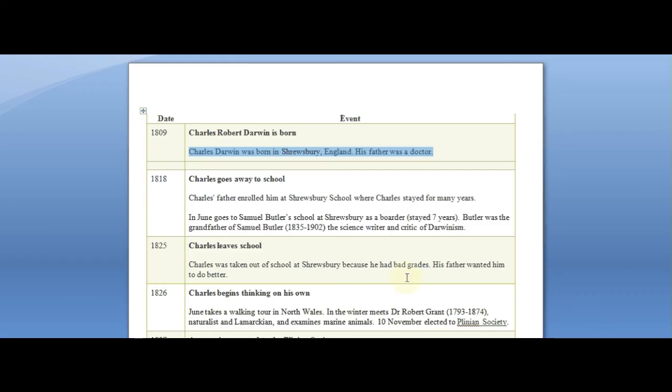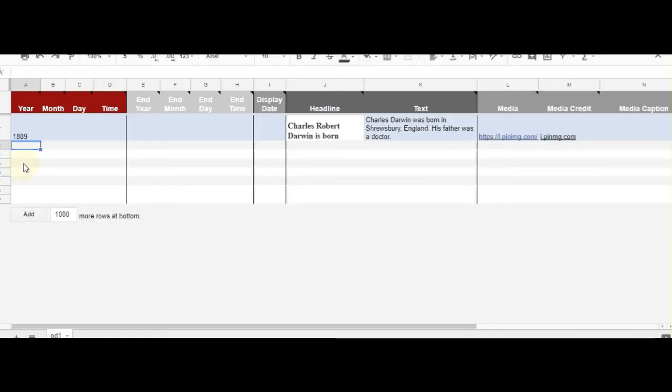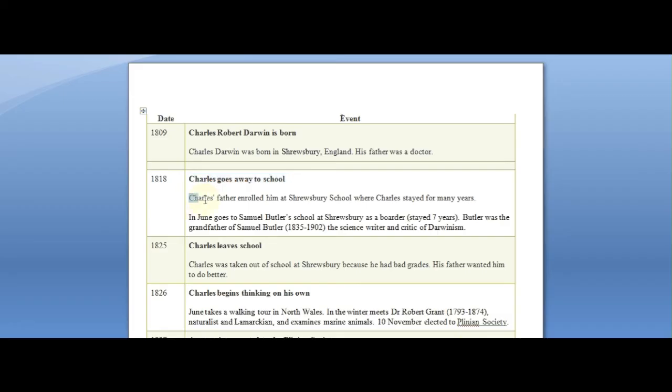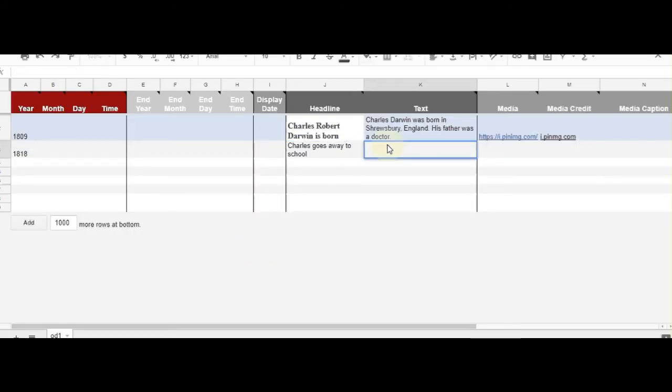Now I would like to prepare another slide by using a video, and then I am going to add the second event that happened in 1818. Paste the event in the headline, provide some description, copy it